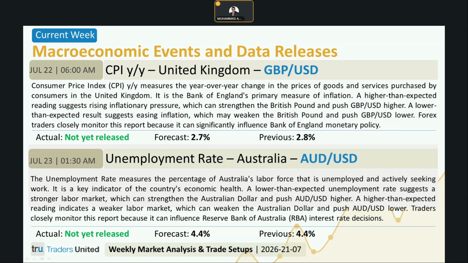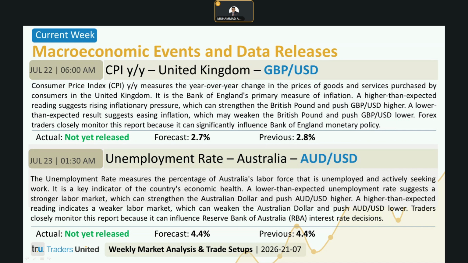Let me discuss technical and sentiment considerations. GBPUSD could experience increased volatility following the inflation release. A stronger than expected CPI reading may reinforce expectations for tighter Bank of England policy, supporting the GBPUSD currency pair. A weaker than expected reading may increase expectations for future interest rate cuts, putting pressure on the British pound and pushing GBPUSD lower. Forex traders should also monitor Bank of England communication, US economic data, and overall market sentiment.